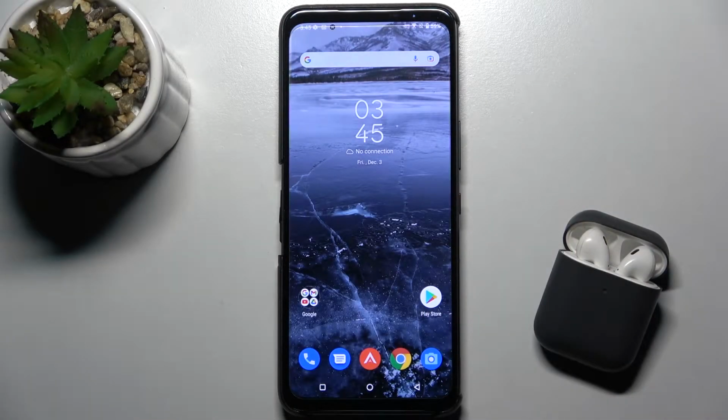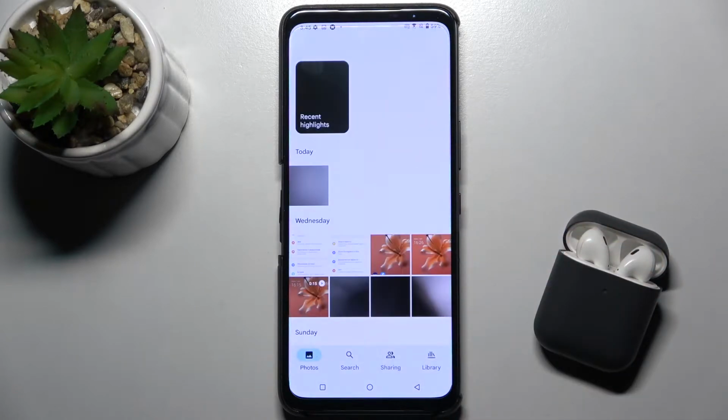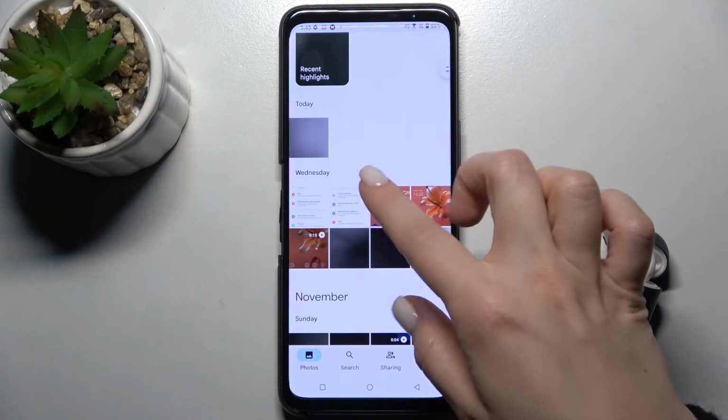Welcome. Today in front of me is the ASUS ROG Phone 5S, and I'll show you how to hide photos in the gallery in this device. So first we should go to the Photos app, and here for example we want to lock